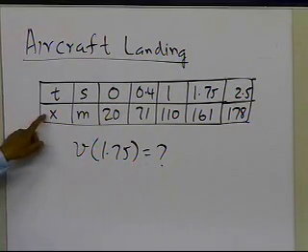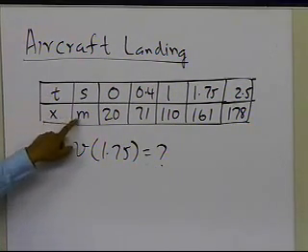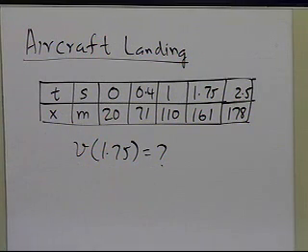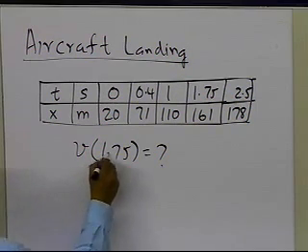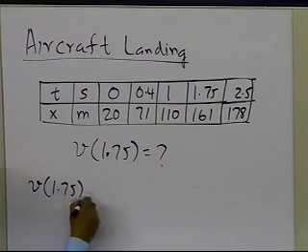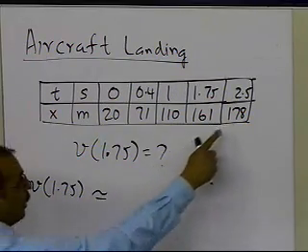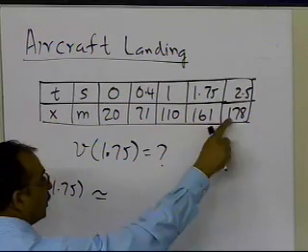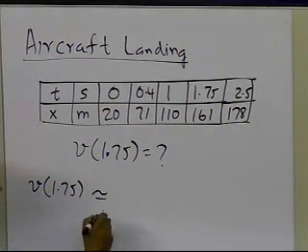So you're given location as a function of time. Location is in meters, time is in seconds. And you're asked to find out, hey, can you give me an estimate of the velocity at 1.75? So what I can do is I can say velocity at 1.75 is approximately equal to, if I choose a point ahead. So this is the point where I am, and this is the point ahead, and that will be the forward divided difference scheme.